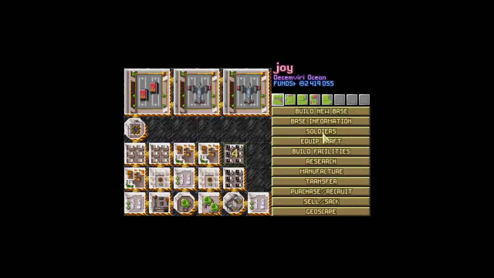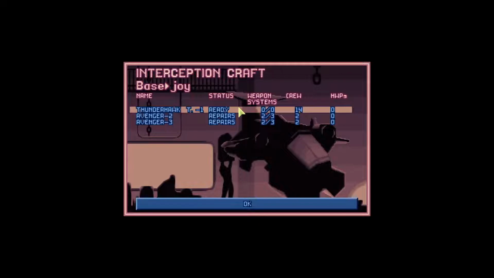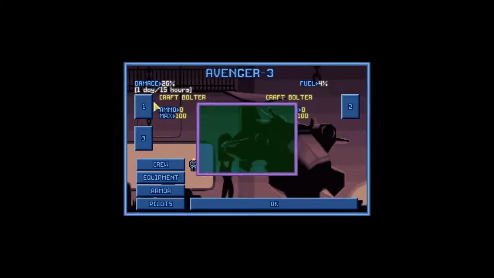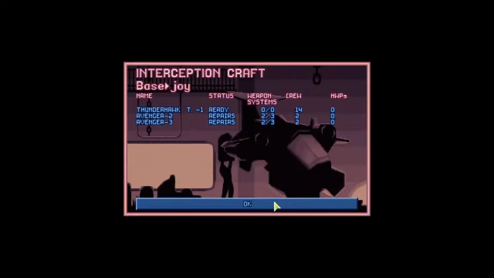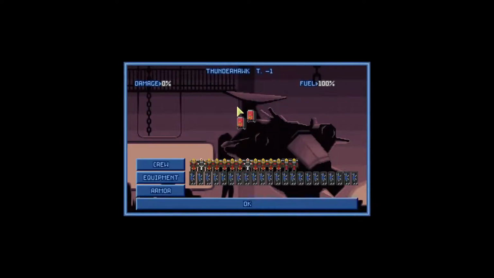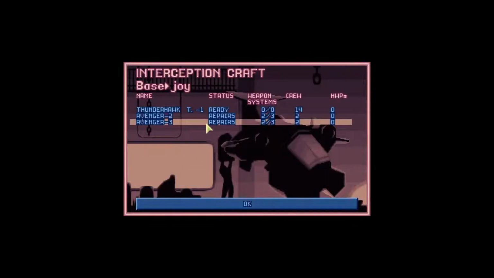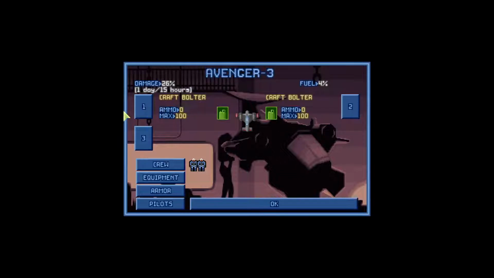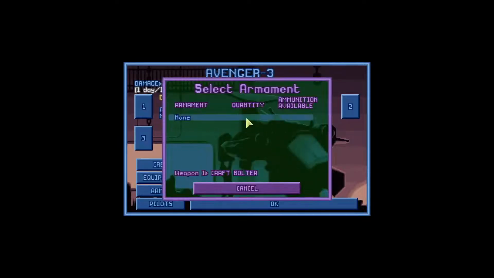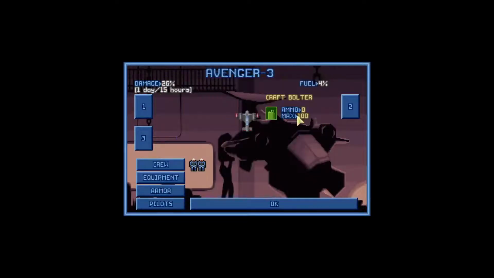Let me go. Equip craft. So, this is the equip craft menu. You can change what weapons are on a craft. You can change these out. Oh, crap. I'm gonna go buy some plasma missiles for that. But you can basically, you would see a thing show up here that you can equip into the slot. I'm going to take this